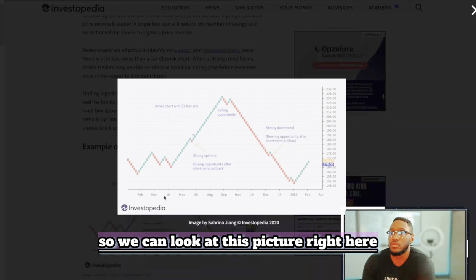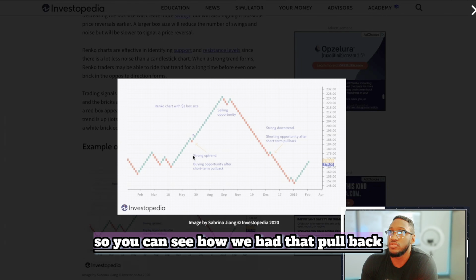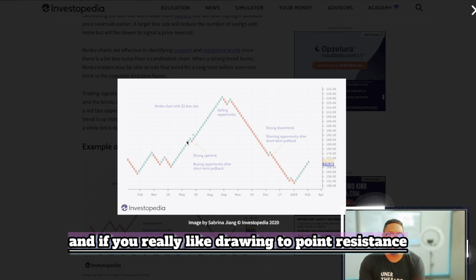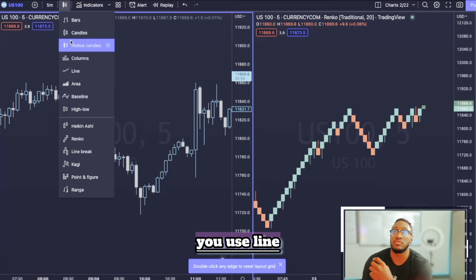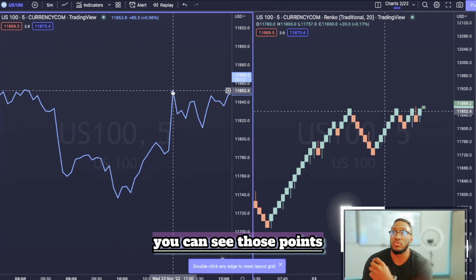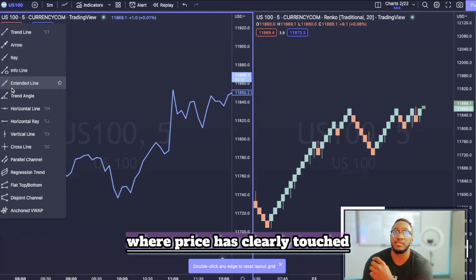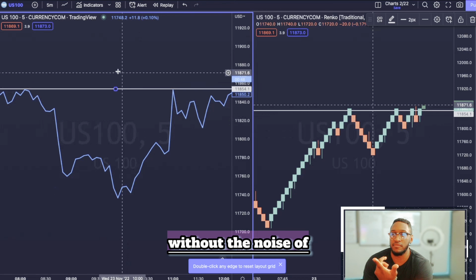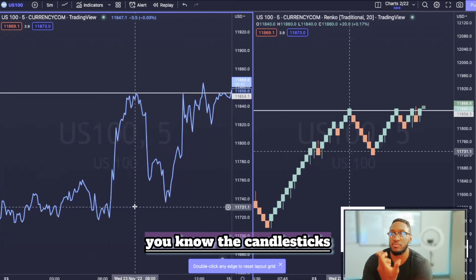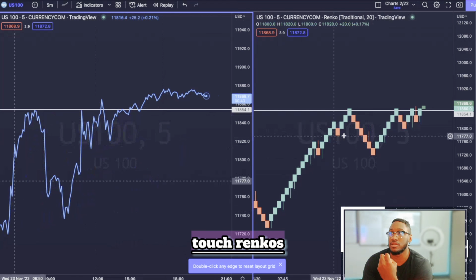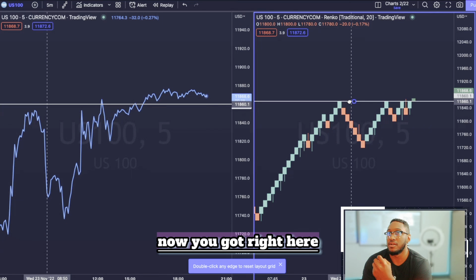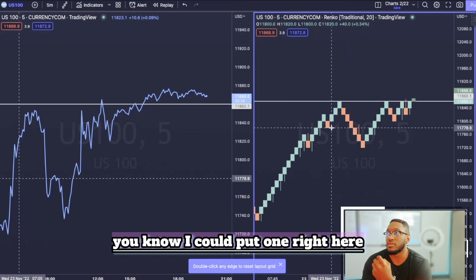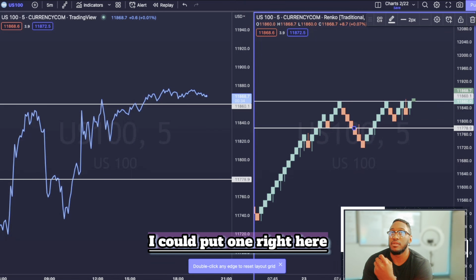So we can look at this picture right here a little bit, so you can see how we had that pullback. And if you're really drawing support and resistance, you've been taught to use the line chart, for example, right? You go in here, you use line, and you can see those points where price has clearly touched without the noise of price action, the candlesticks. You can see points where price has touched. Renko is the same thing, because it's pretty much flat edges from top to bottom. Now, I could put one right here, I could put one right here,